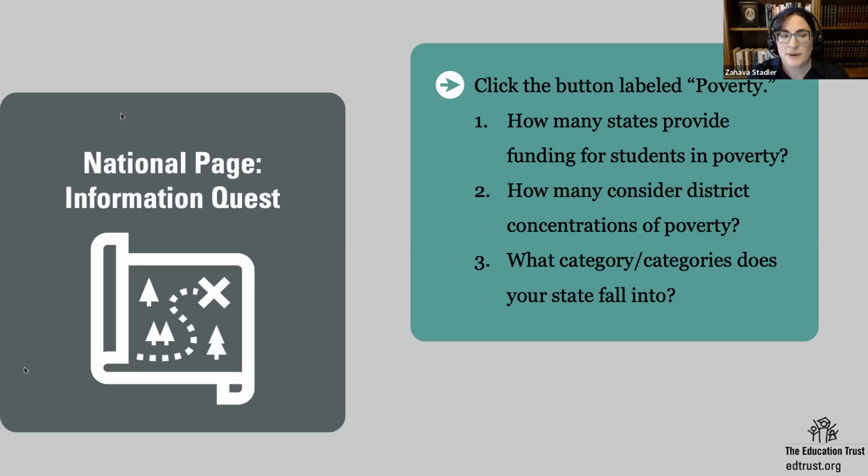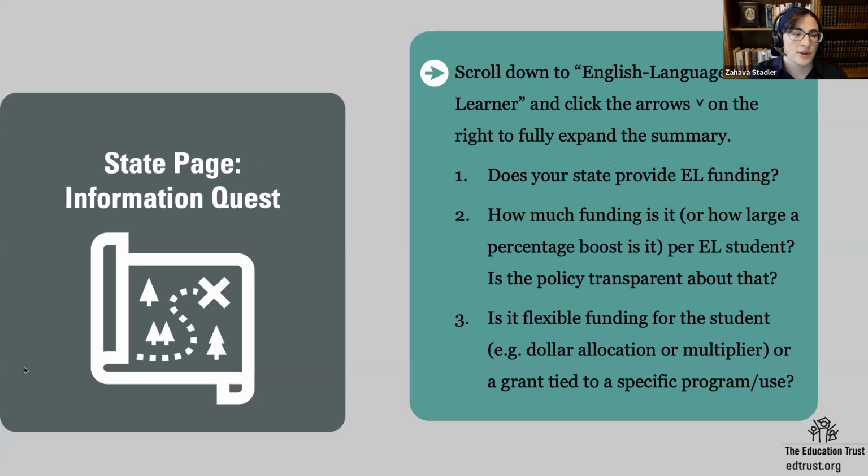So now that you've had the experience of looking at the national policy maps and pulling out a state of interest from the national context, I'd love to send you over to an individual state page. Previously, I shared the homepage link. So you can click state at the top of your screen where you already are. You can also navigate directly to the state landing page at the link that I just put in the chat, and choose your state from the menu. If you cover multiple states, you can pick your favorite and we won't tell.